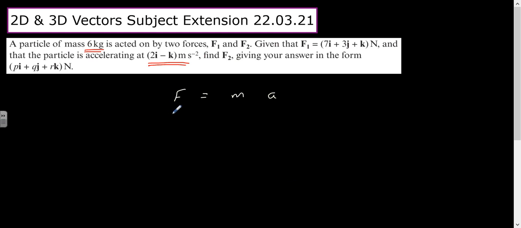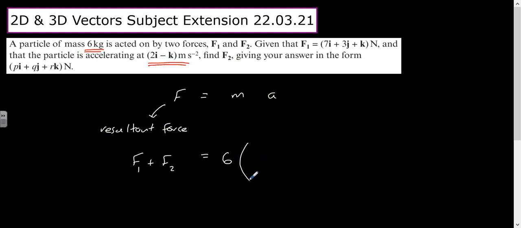And to do this question properly, we just remember that F represents the resultant force, not just any old force, all right? So the resultant force, in our case, is the sum of the two forces, F1 and F2. So F1 plus F2, that's our resultant force, equals mass times acceleration,